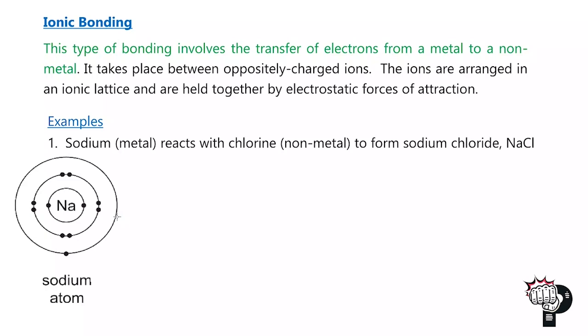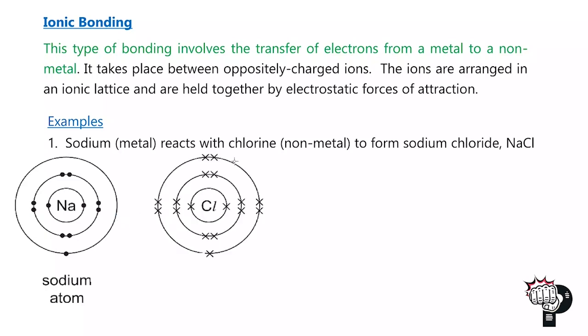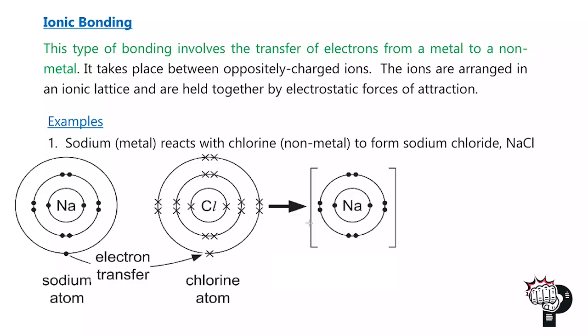Let us also draw the electronic structure of an atom of chlorine. So chlorine, the atomic number is 17. So the configuration will be 2, 8, 7. 2 electrons in the first shell, 8 electrons in the second shell, and 7 electrons in the outer shell. The sodium atom will lose an electron, which will be transferred to the chlorine atom. So we'll discover that the sodium atom will now have the outermost shell with 8 electrons, meaning it is stable